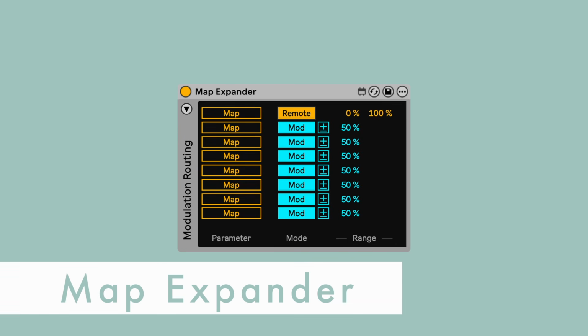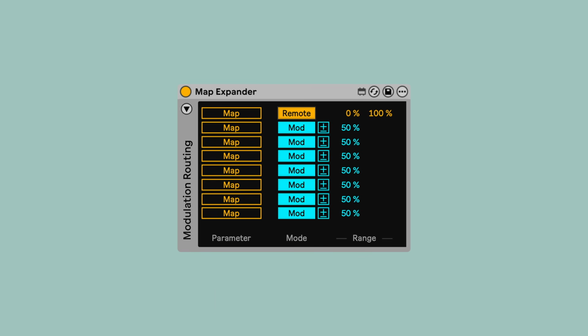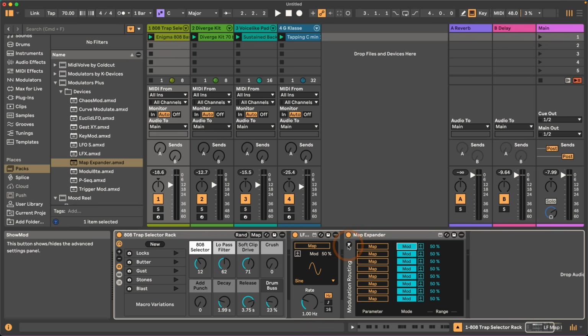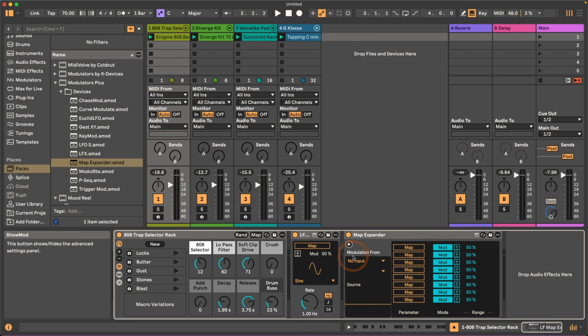Map Expander allows you to route the output of other Modulator Plus devices into it, providing additional modulation destinations this way. It is compatible with KeyMod, EuclidLFO, Gest XY, LFOS, and LFX. For this to work, you have to click here on this triangle, and now you can select the track that